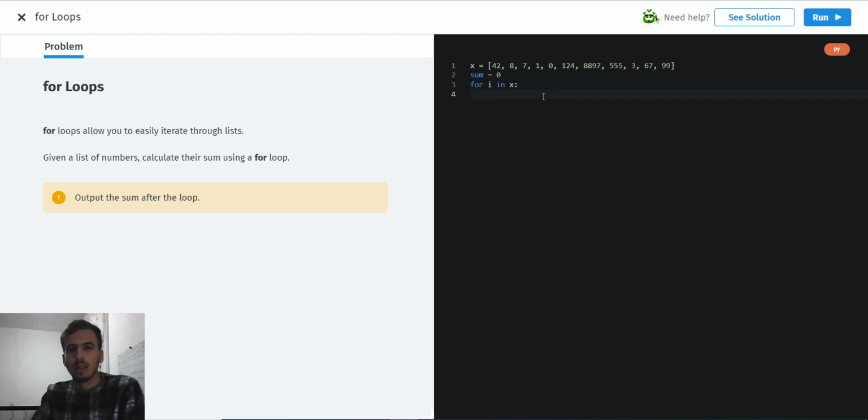Then sum plus i. In this part, we're just going to add this item to the sum